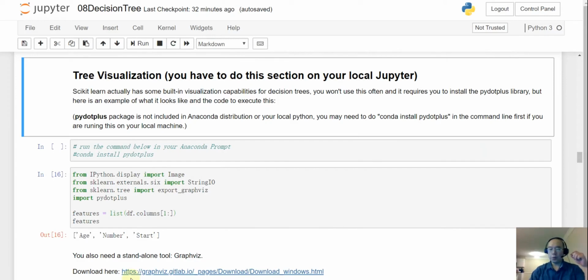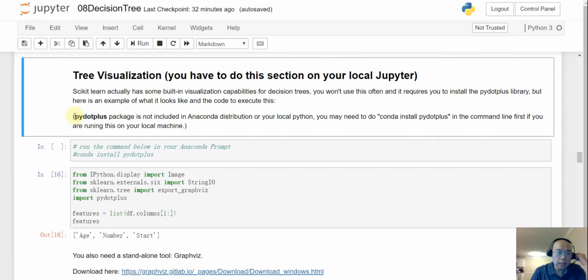Okay, let's continue. So our task now is we want to visualize the decision tree, and that's probably very important, because the decision tree is one of the few models that you can really present in PowerPoint if you want to, and you can show people the structure of the decision tree. So if you want to create one, the way that I have figured out is,